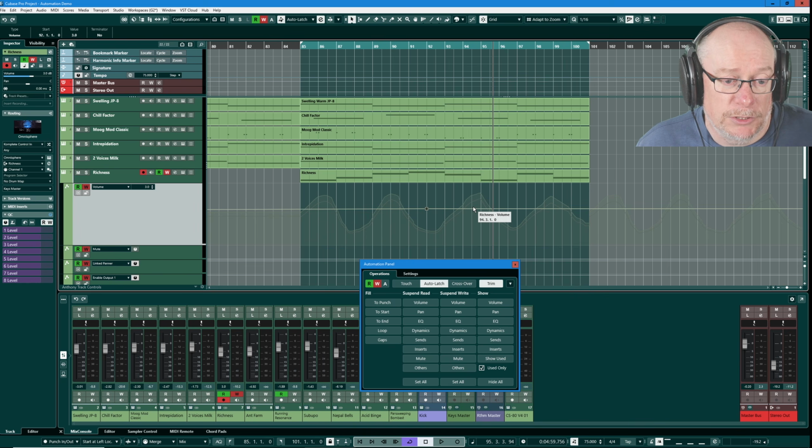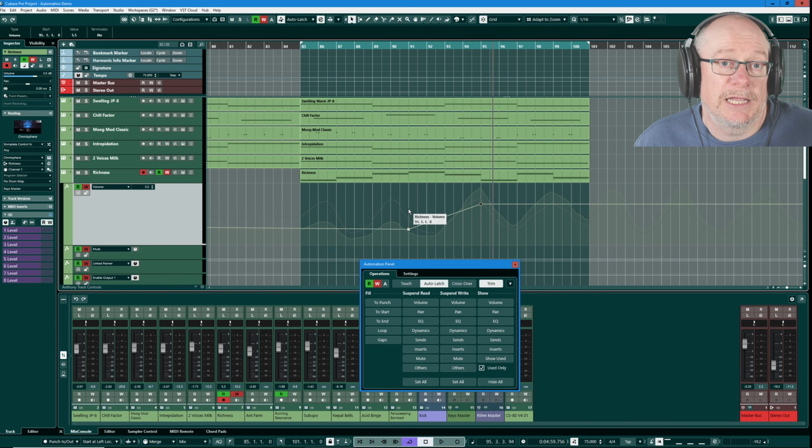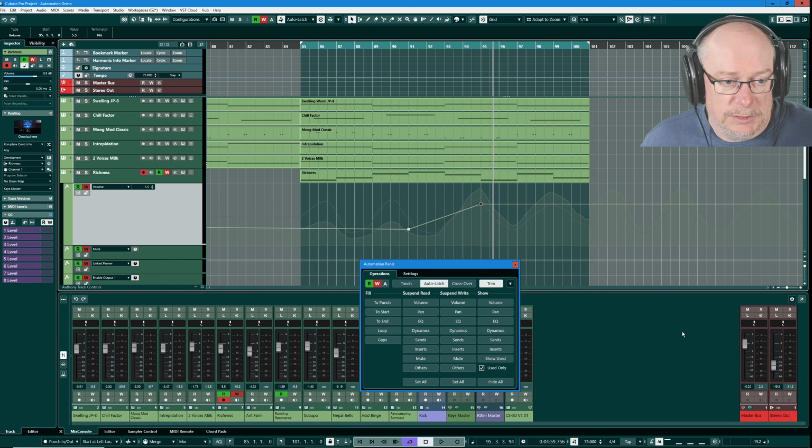I'll select a new place on the trim curve and click again. Now I've just created a second trim node. So if I pick up the first one and drag it low and the second one and drag it higher, you can see the morphing that's been undertaken on the volume automation. So now if I play this piece,